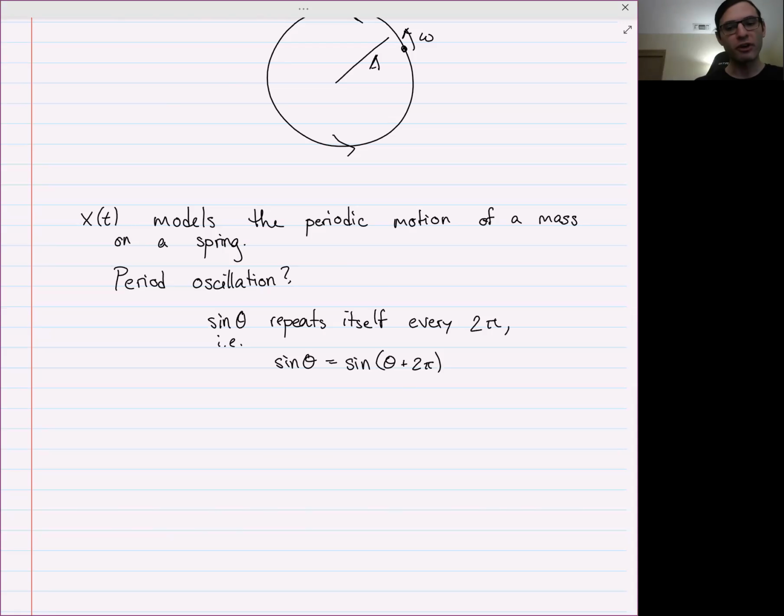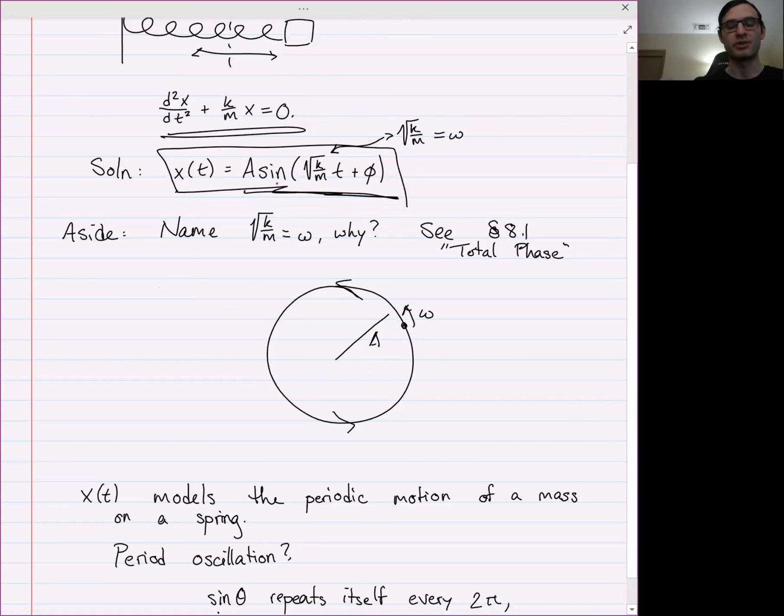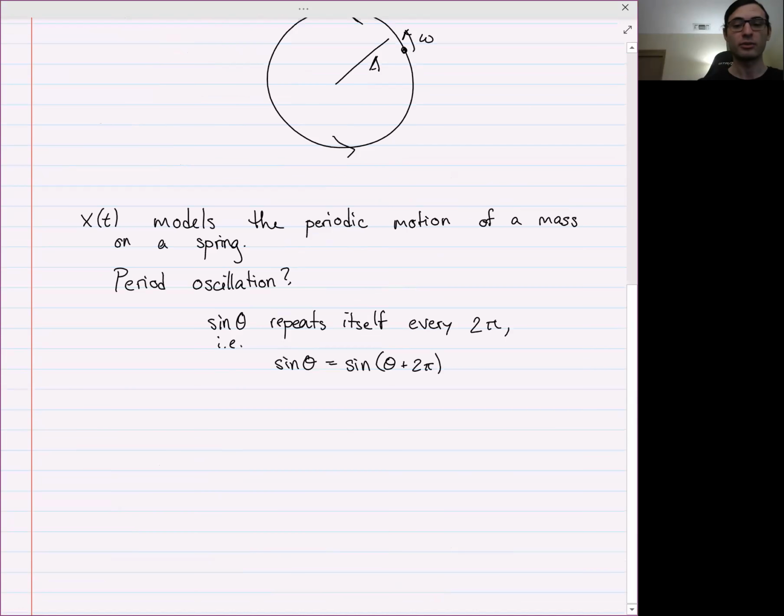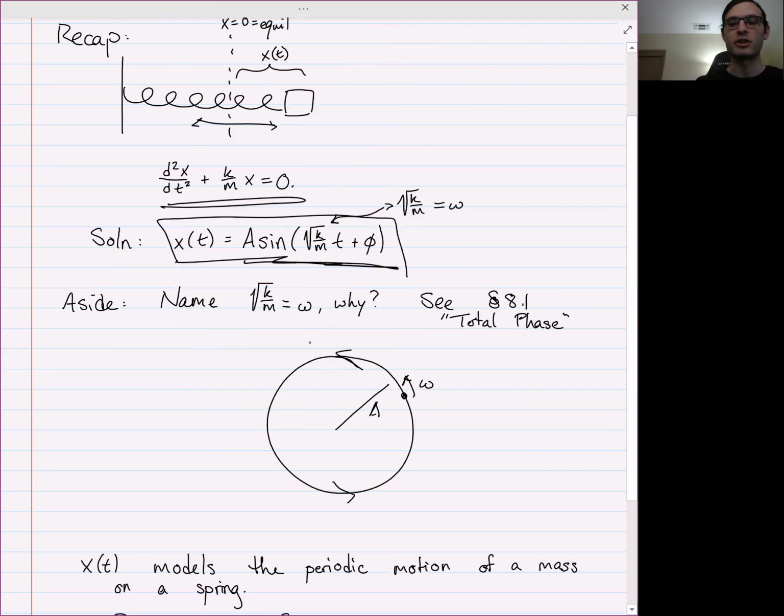But our function is not just sine of theta. It's a number times sine of something else. So all we need to do is figure out when that something else, the stuff that is inside the sine function, is a multiple of 2 pi. So we really want to figure out the duration, how long between Ti and Tf, say the beginning and end of one period of oscillation, it takes. So we can do that by just taking the difference of these time periods, plugging them into the inside function,